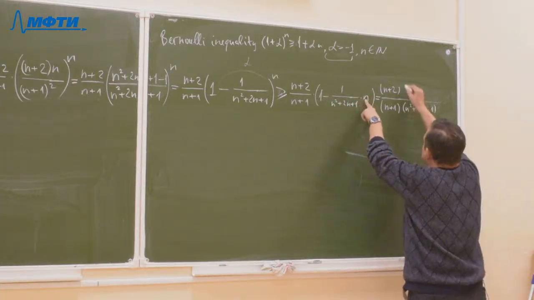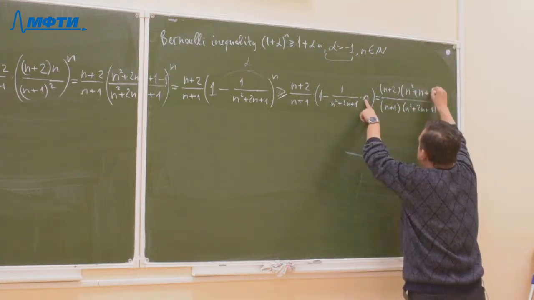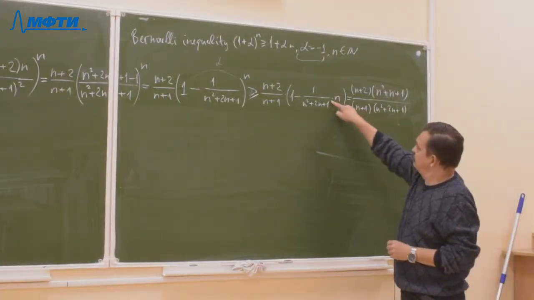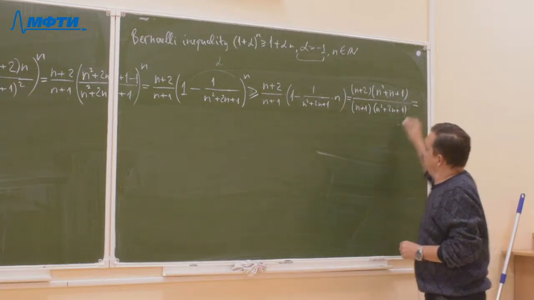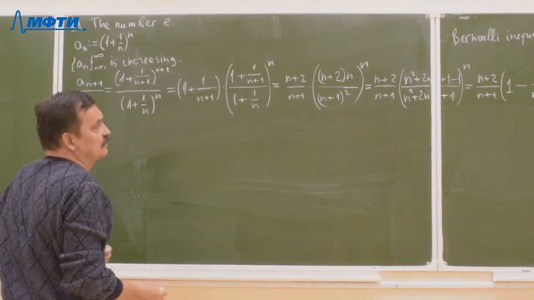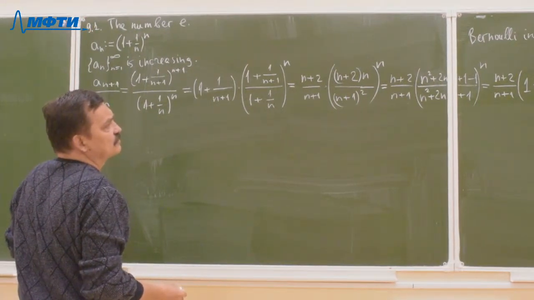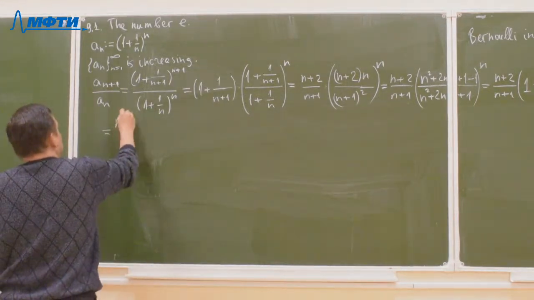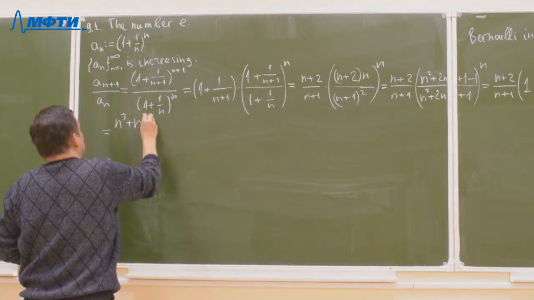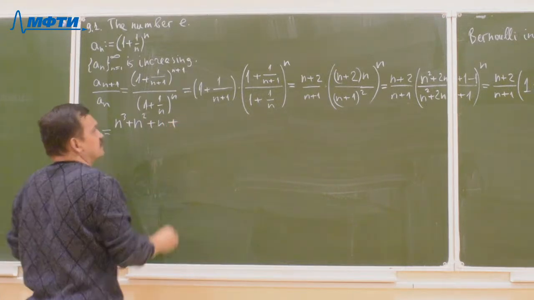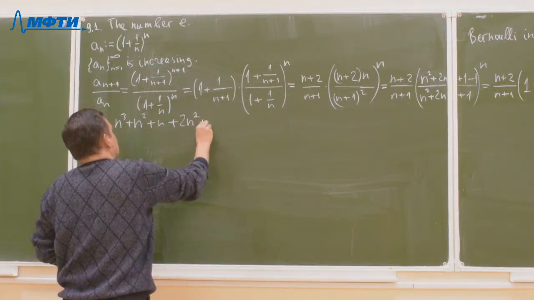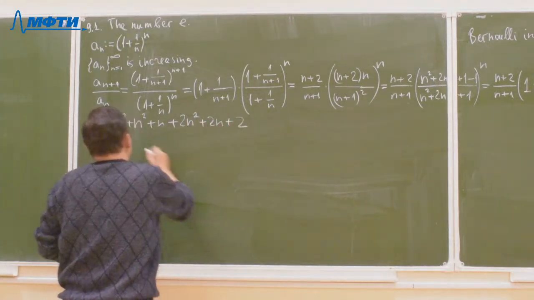Then what is it? Let's open brackets. That is n cubed plus n squared plus n plus 2n squared plus 2n plus 2 over